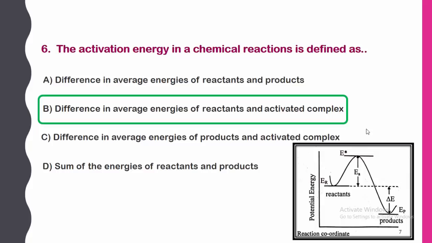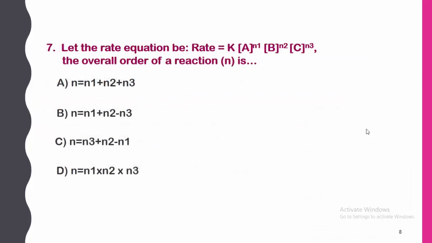What is the question? Activation energy. This is also called the energy of activation. Keep it in mind that activation energy and energy of activation are both the same. Here it is the difference between the average energies of reactants and the activated complex. It is known as the EA, that is activation energy or energy of activation. Here we can see from the graph where the EA is actually shown in the picture, where the energy between the reactants and the transition state or activated complex is called the activation energy. Okay, let me go for another question.